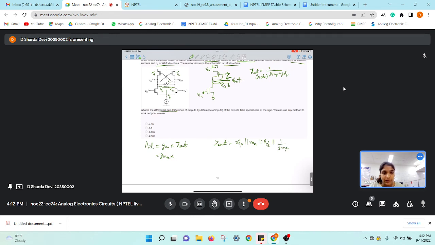Clear? Yes. So this will also come into picture. So here we'll have all these in parallel. This will give us the Z out, and simply we'll substitute the Z out over here, and we'll multiply it with GMN, and we'll finally find the AD. And the value for this AD is